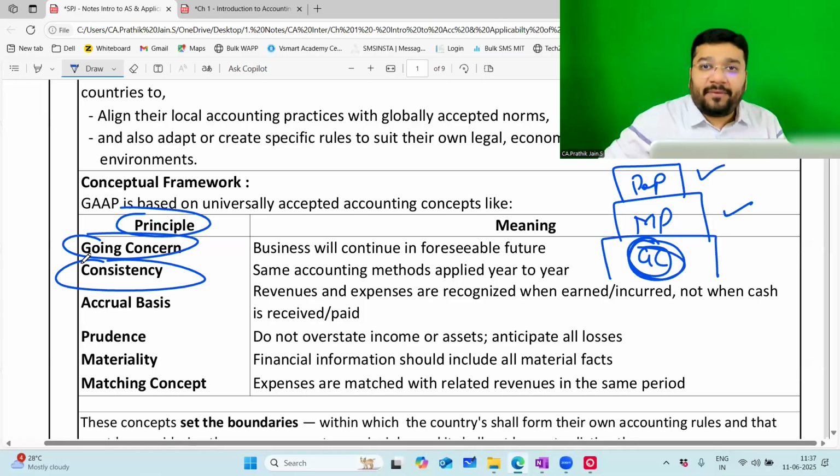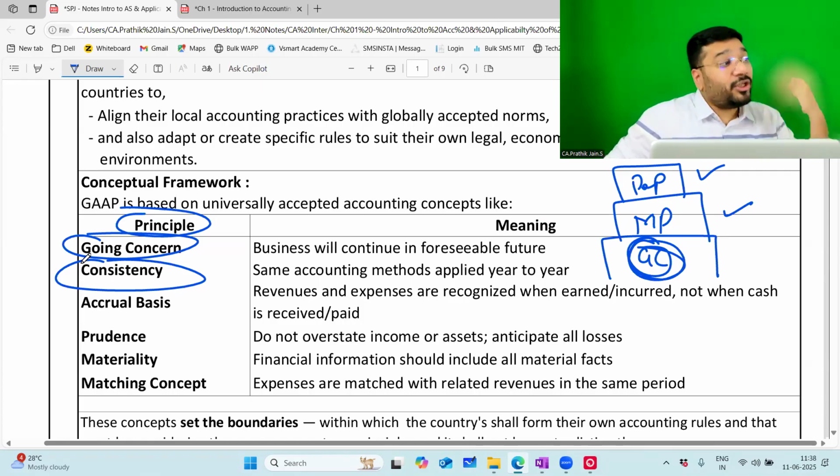Whatever standards you apply, whatever the rules and regulations you apply in preparing the accounting of the transactions, you have to consistently follow. Which means what? Today, while preparing the financial statement, I did depreciation under the SLM method. Tomorrow, I don't have the mood to use the SLM method. I want to use the WDV method. After that, next year, I want to shift to the machine rate method. Then the production unit method. If I keep on changing, the methods of accounting for depreciation are constantly changed every year.